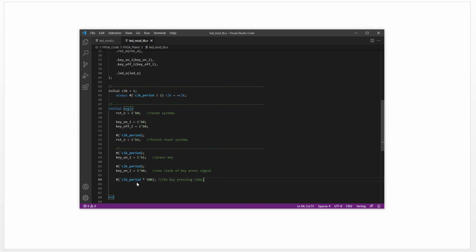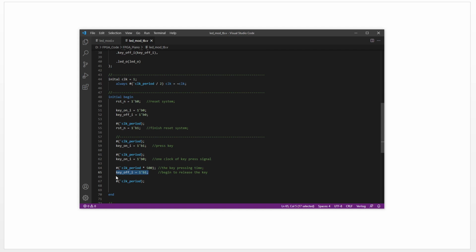After this, we make the key off signal as 1. So we begin to release the key. Okay, make the key off signal as 1, and after one clock period we finish the reset, the key reset signal. Make it as 0. So this is 1 clock